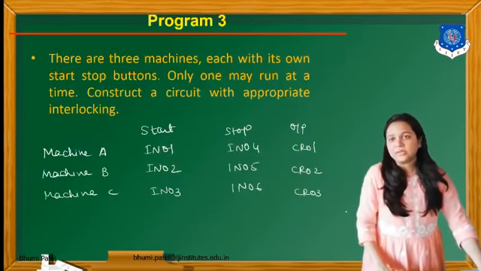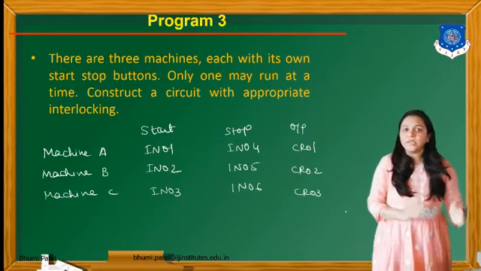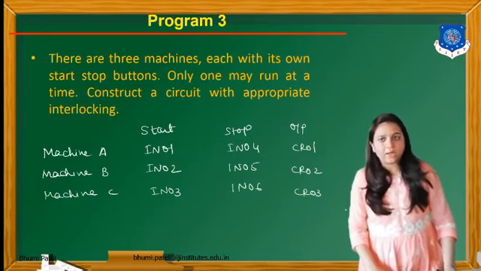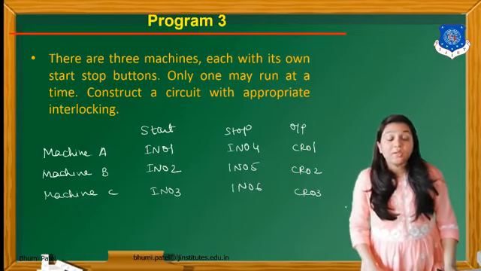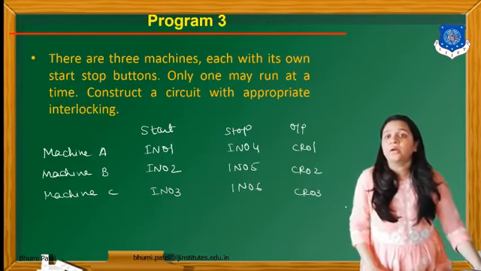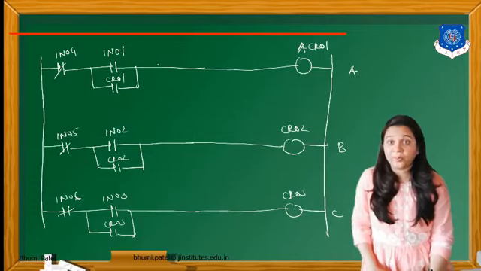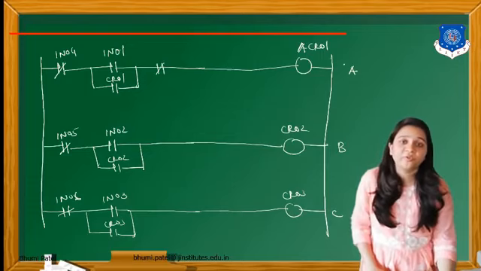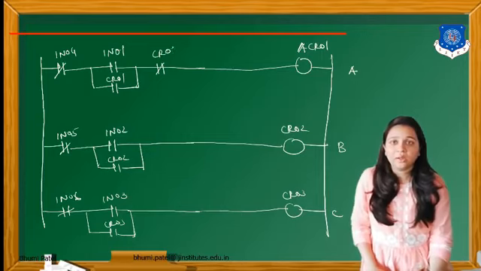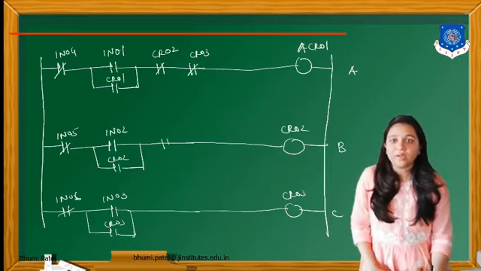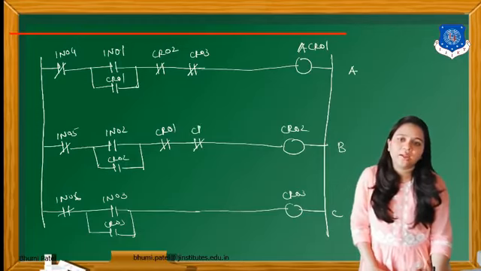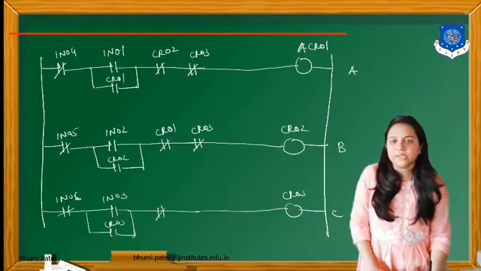Okay, so the first condition is satisfied. There are three machines, each with its own start and stop button, that we have connected in the ladder diagram. Now, the next condition is that only one may run at a time, and for that we have to put interlocking. Suppose for machine A, we put the interlocking of the outputs of machine B and machine C. The same logic will be applied for machine B. Here CR01 is a normally closed contact and CR03, and for machine C we can put CR01 and CR02 as